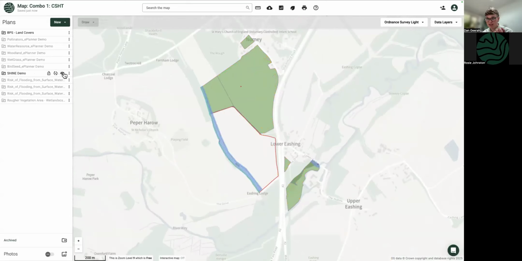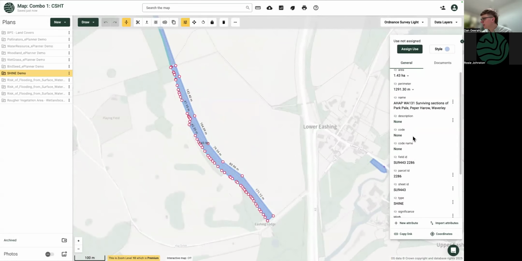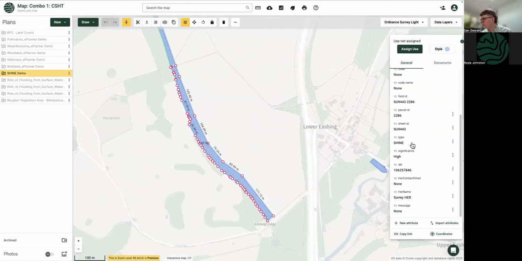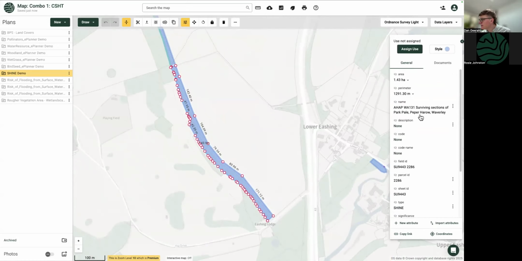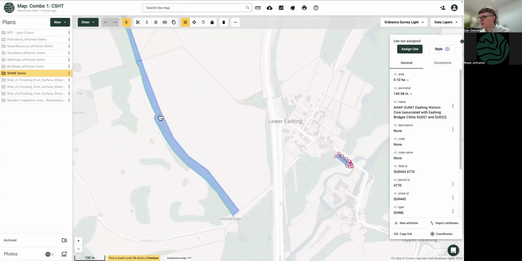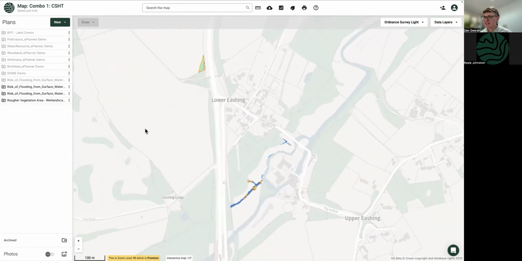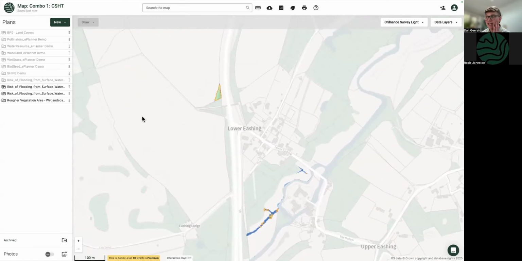So Shine, the selected historic inventory, has actually returned for me some Shine features. So you can click on these blue shapes and see that I've got, what is this? High significant Shine feature in Surrey. That is the surviving sections of Pepper Harrow's Park Pale. Unsure what that means. And also down here, I've got a selected heritage plot as well. So I've got these different historic features that I've got to bear in mind when I'm doing my stewardship. Plus then the Wetlandscapes has also served some risk of flooding models, which actually for Norney is pretty minimal. It's all around this flood zone, which was expected. And actually in the agricultural fields, less of a risk.